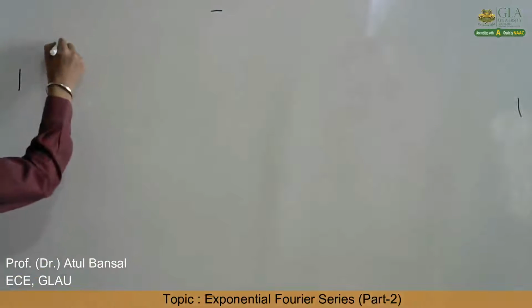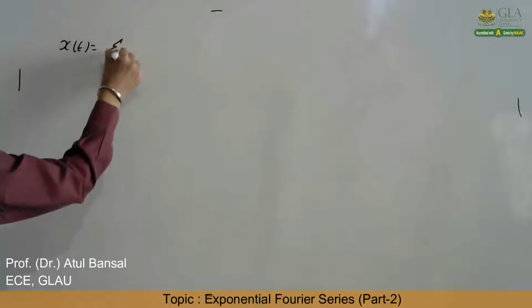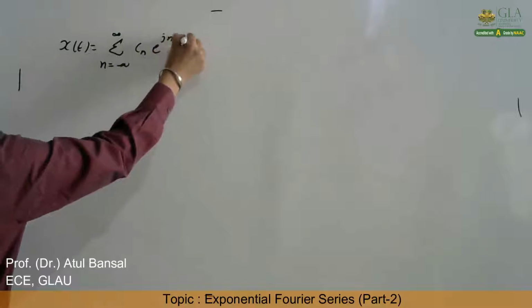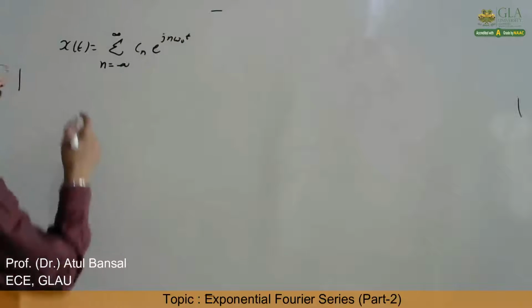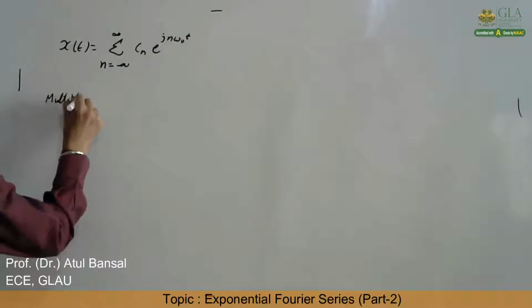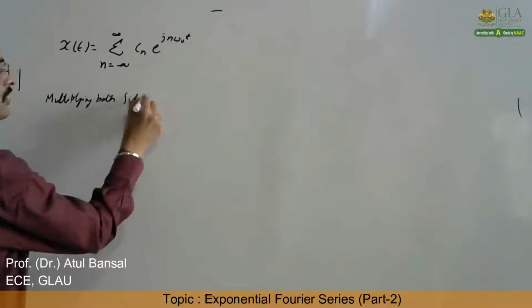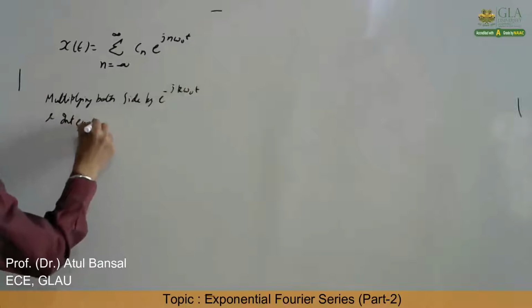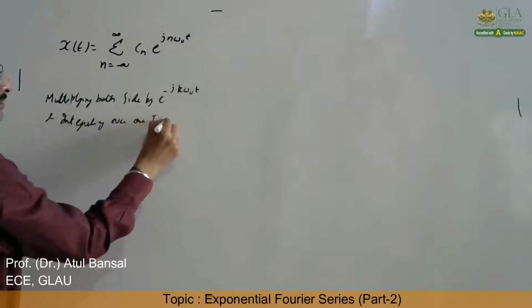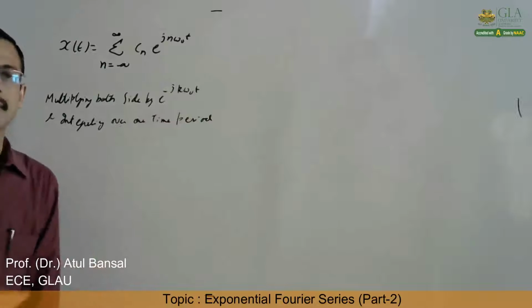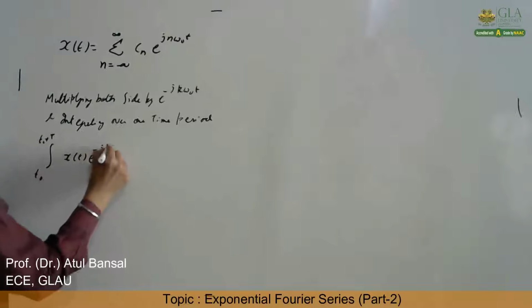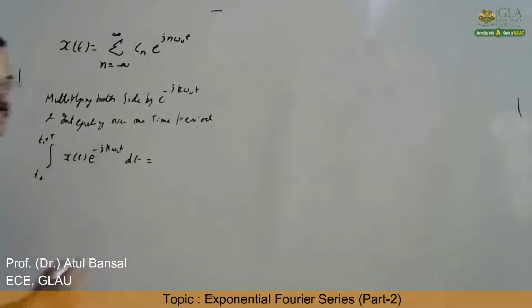Now let us determine the Fourier coefficients for exponential Fourier series. We know for any signal, exponential Fourier series is written as x(t) equals... Now multiplying both sides by e raised to power minus j k omega naught t and integrating it over one time period, this will become, this equals to